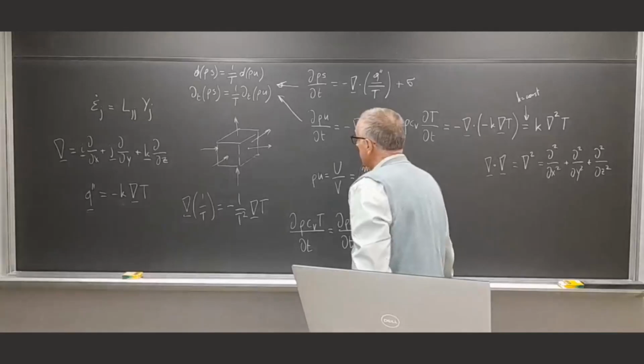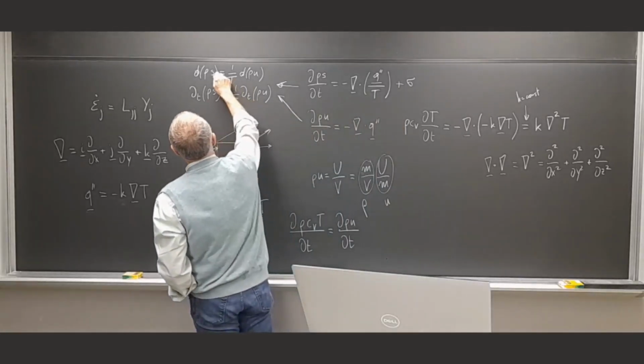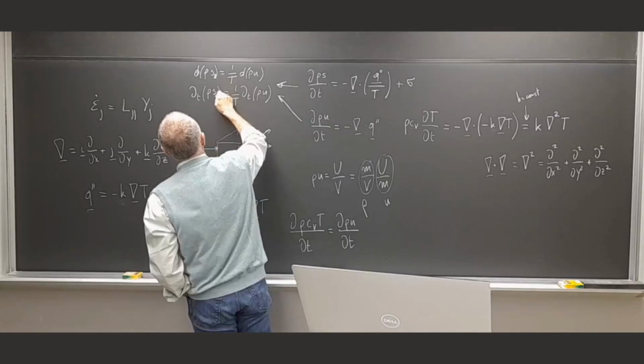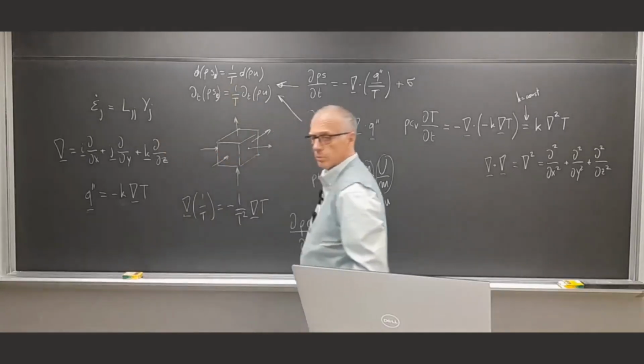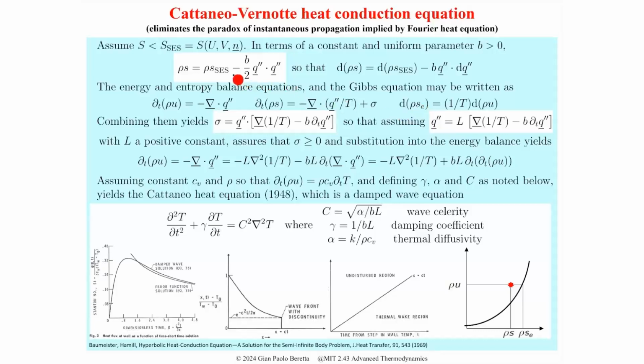I should note this is true because the Gibbs relation is valid for equilibrium. So this is true for the equilibrium entropy, S sub E, or S sub S, the stable equilibrium state. Here I should just unify the notation. Anyway,